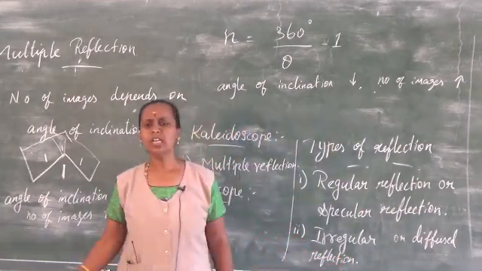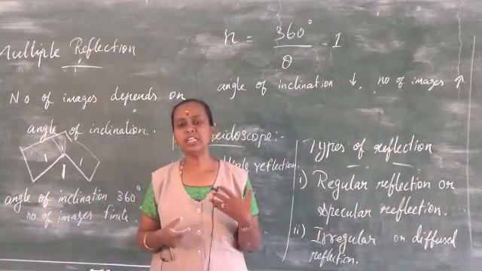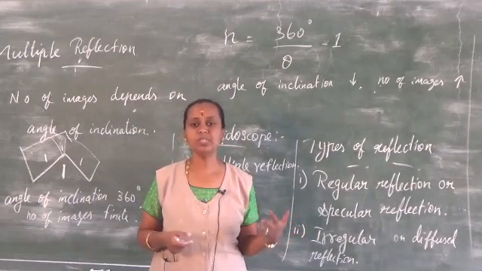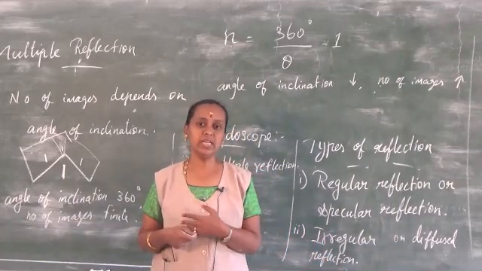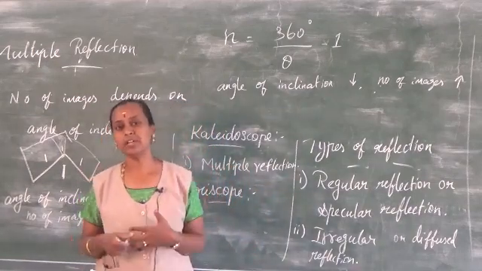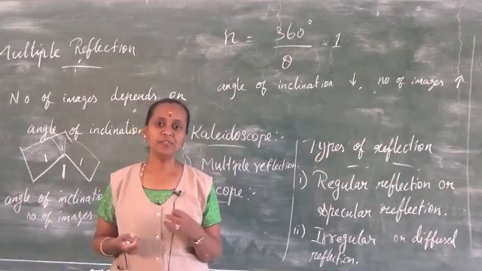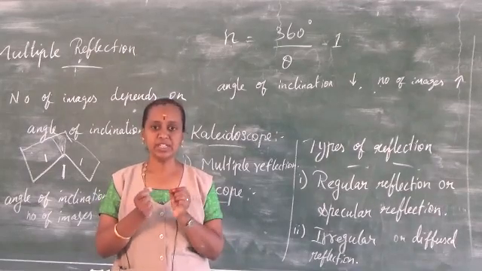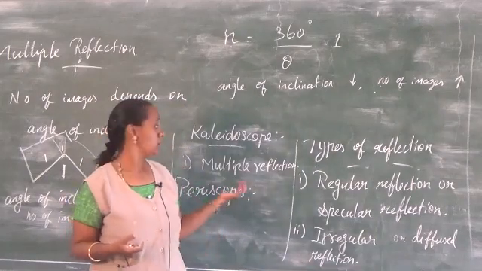Next we studied multiple reflections. When two or more mirrors are inclined at each other, they form multiple reflections, which you have experienced in saloons, hairdressing rooms or your dressing rooms, wherever it may be. Based on this we studied two optical devices. One is the kaleidoscope, which works based on multiple reflections. It is a very simple instrument used as a toy for children, which makes beautiful patterns and designs. Many mirrors are attached together to get multiple reflections and proper designs. So that's all about the kaleidoscope.